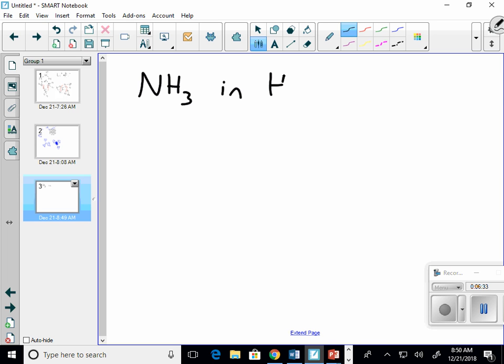is what if we have a polar covalent solvent, like ammonia, NH3. Ammonia is a very common weak base. So in second semester, when we go over acid-base chemistry, ammonia comes up very often. If we dissolve that in water, if it's polar covalent, which you would recognize by the fact that there are no cation, anion, metal, non-metal parts, it's all non-metals,